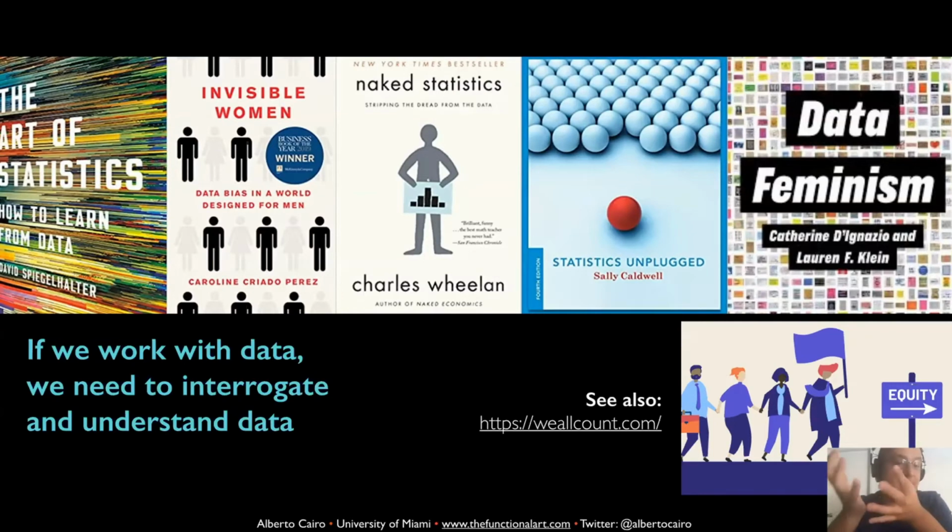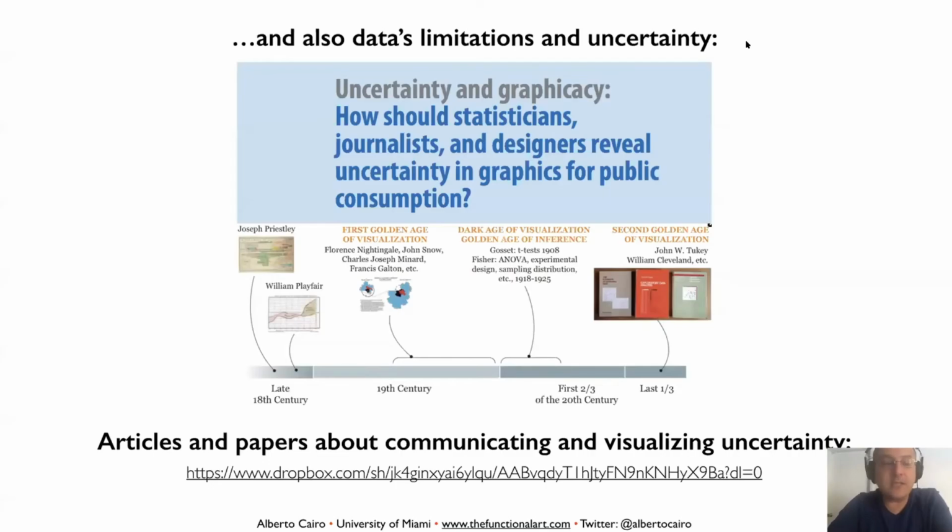And if you don't have formal training in statistics, and that is my case, I'm not a statistician, I'm a journalist, you need to read about how to reason about numbers, how to think about numbers. Unfortunately, again, the literature about that is growing also quite quickly. Naked Statistics is a great intro. The Art of Statistics was published this year, and many other books that I recommend in my own books because they are useful for anyone who wants to think about these. And you also need to think about uncertainty.